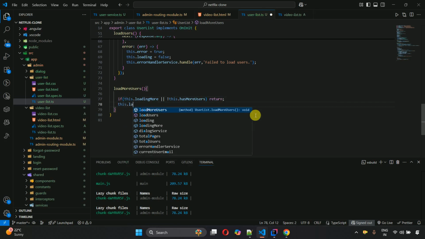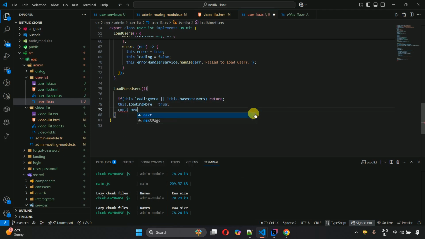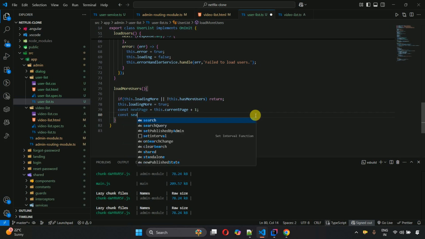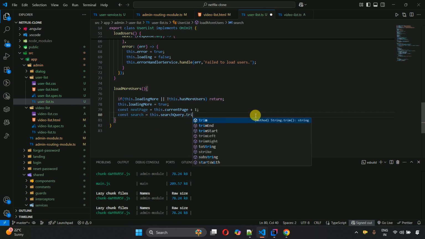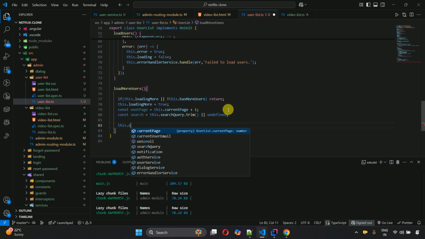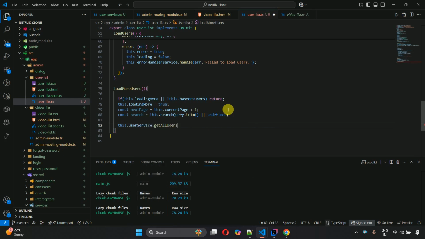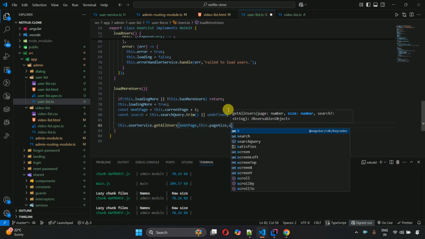And this.loadingMore is set to true, and then we have const nextPage, right? this.currentPage plus 1, we have to add that, and const search, this.searchQuery.trim(), or we are going to just pass the undefined over here. And then we have to call the API. So this.userService.getAllUsers(nextPage, this.pageSize, searchValue)